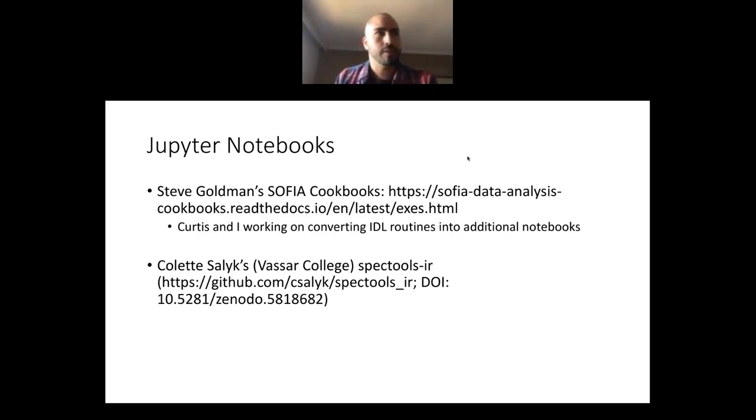And I know Sarah just mentioned that she wasn't aware of any currently publicly available things in the mid-infrared that are what she's trying to produce. So rather than putting her on the spot of always saying, hey, this pipeline or this package will eventually come out, Colette Salick at Vassar College has what she wrote, called Spec Tools IR. I've given the link to her GitHub and where you can find her Zenodo page to give her credit for her work. And sort of breaking out of my talk,